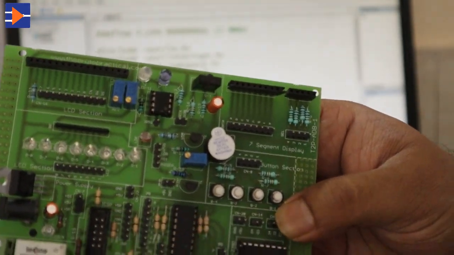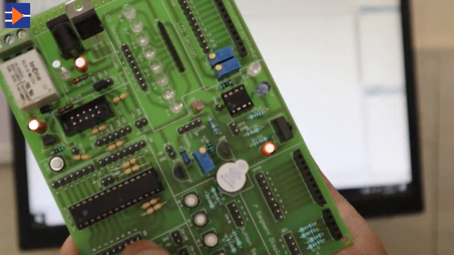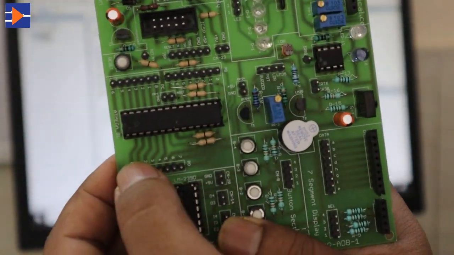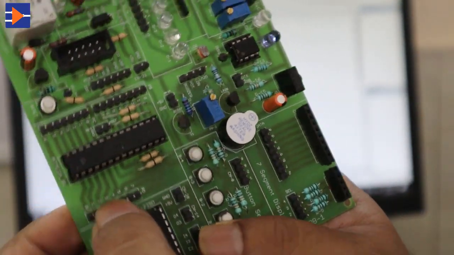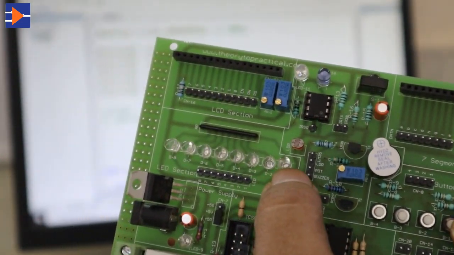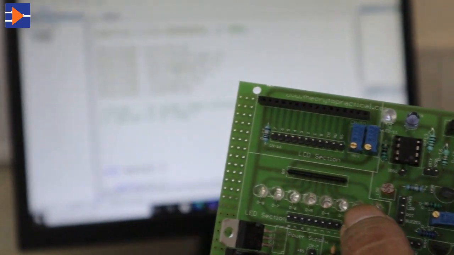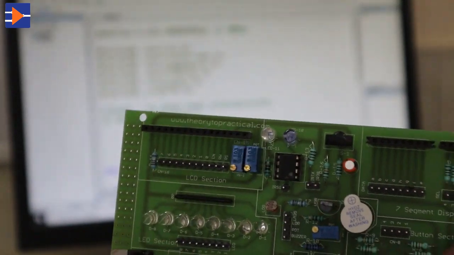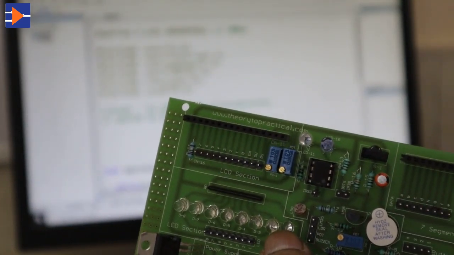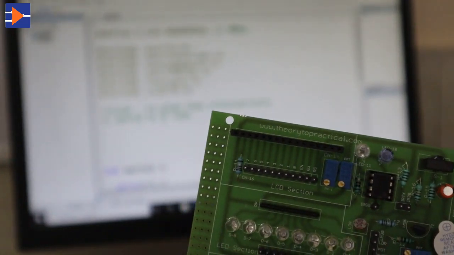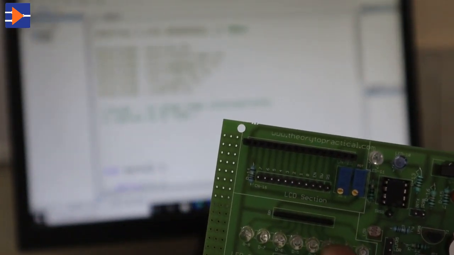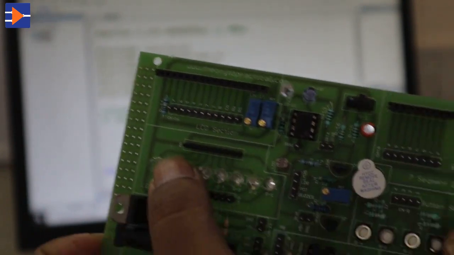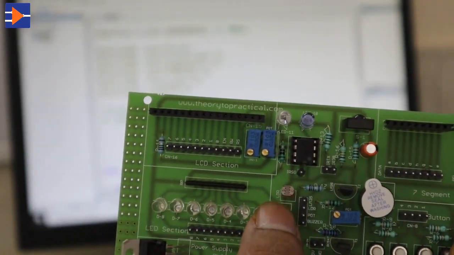See, this is our development board, right? This is a microcontroller, and these are the input output ports for port D, this one, and I have here 8 LEDs. Now what I will do, I will glow the alternate LEDs. Here LEDs are from 1 to 8. First I will display the odd numbered LEDs, and then after that I will display the even numbered LEDs, and I will make them run in a loop.